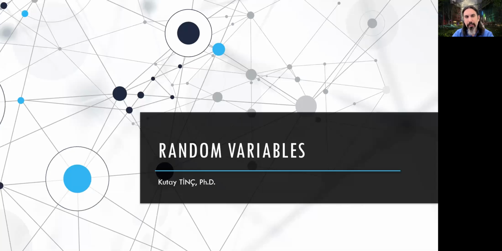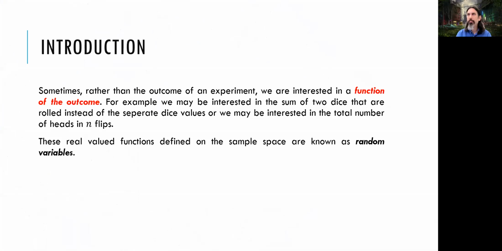Today we start with random variables, and when we talk about random variables, we are actually talking about a function of the outcome. We make experiments, they are stochastic experiments, they have uncertain results, and when we are talking about those results, we are talking about the outcomes, and when we are talking about a function of the outcome, we're actually talking about a random variable.